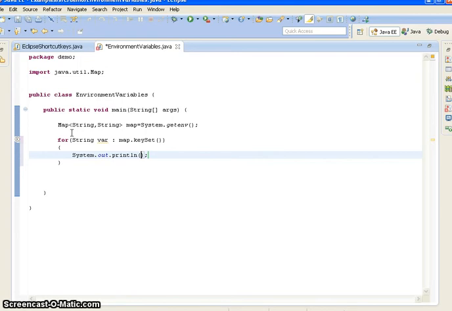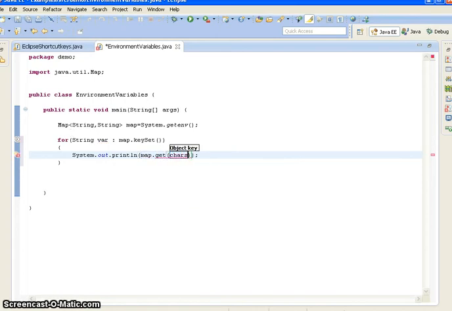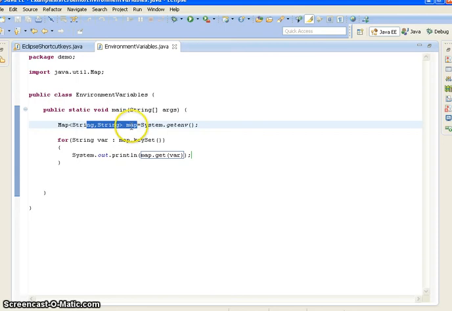I am passing the key to get the values: map.get of var. So first I am getting the map. This map will contain the environment variable name and the path.